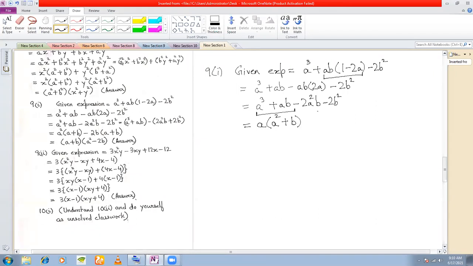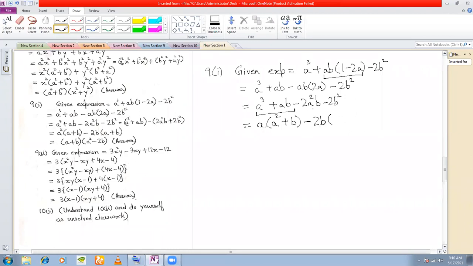Look at the third and the fourth. In the third and the fourth, you see there's a 2 in both. So you can take out that 2, so you give a minus sign and you take out this 2. A square is here, but a square is not in the fourth term, so you cannot take out a square or a. You see b and b square are there. That means out of these two, you can take out the lower power of b, which is only b.